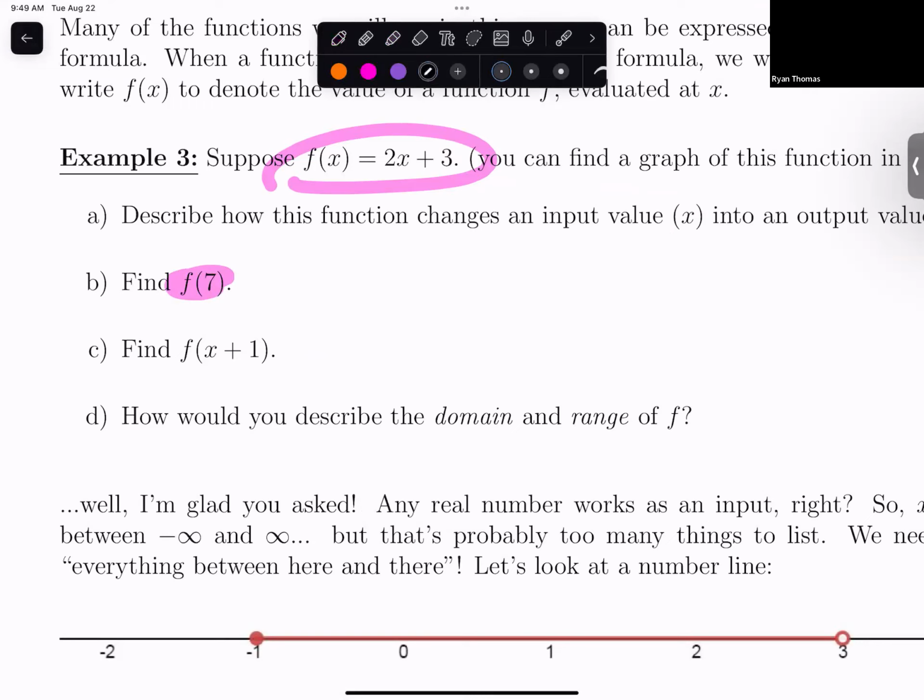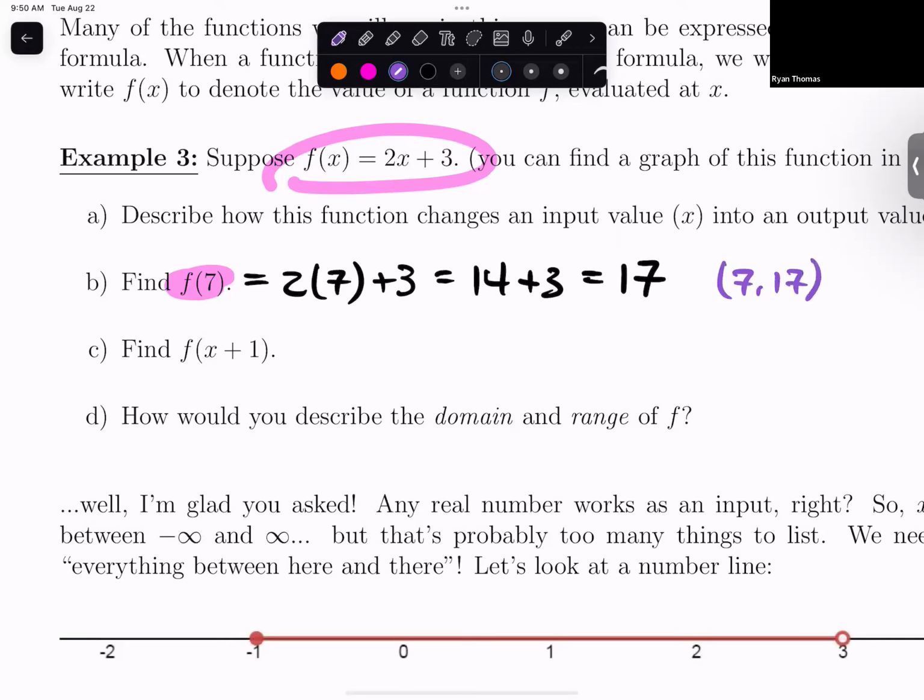Place x was 7. So anywhere there was an x, I'm going to write down a 7 instead. And this is what I mean about turning it from this kind of high level abstract thing, this function, into a very concrete arithmetic problem. Now it's just, well, do the stuff that's written out there, right? 2 times 7. And 14 and 3 is 17. So for that function,